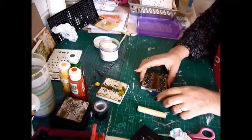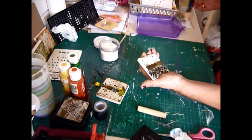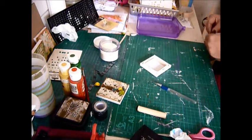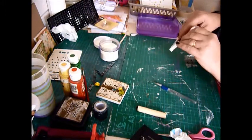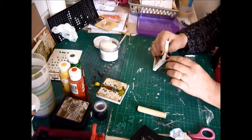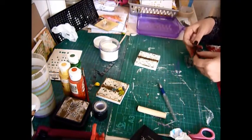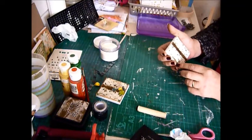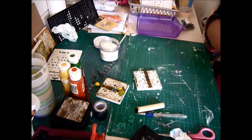Now all I have to do is take them off. Should be able to put them back onto the plastic and maybe keep them for reuse if possible. I shall find out if that is possible. There we go. So that's it at the moment. I'm going to give it a quick dry just to make sure